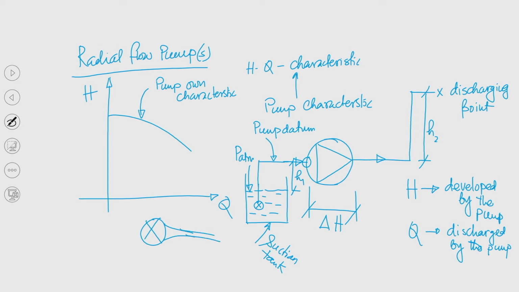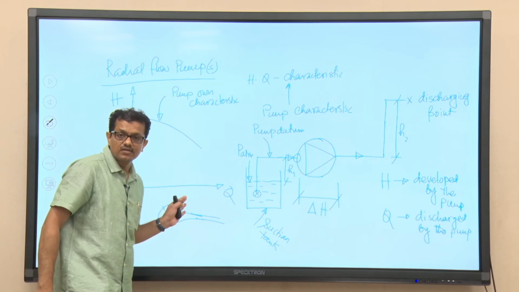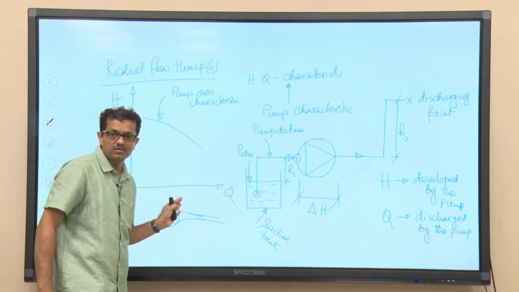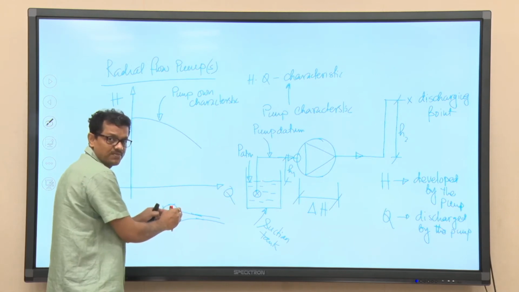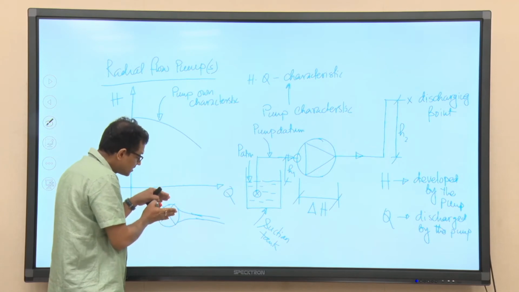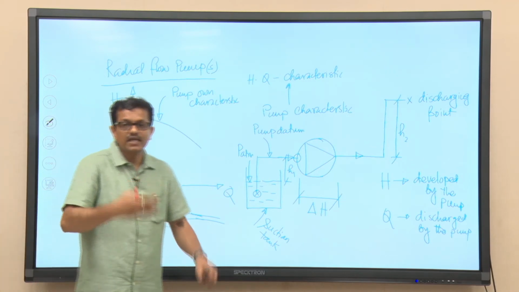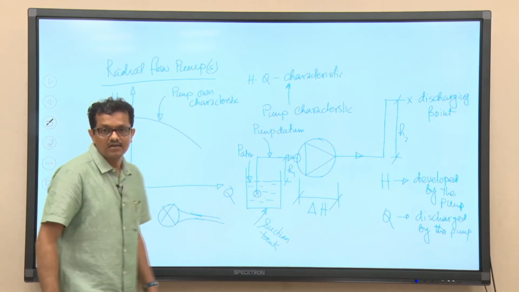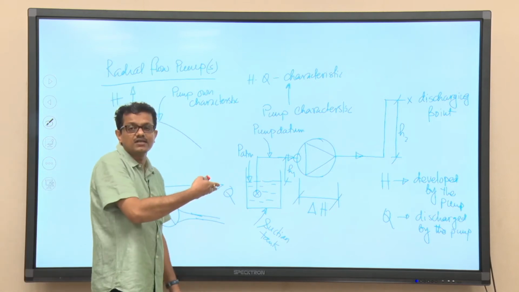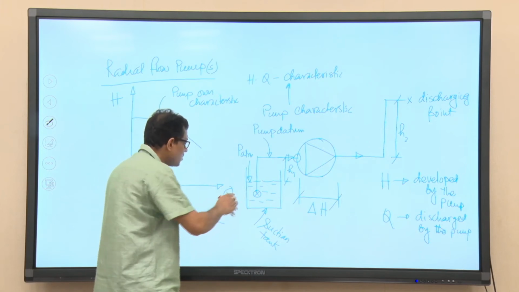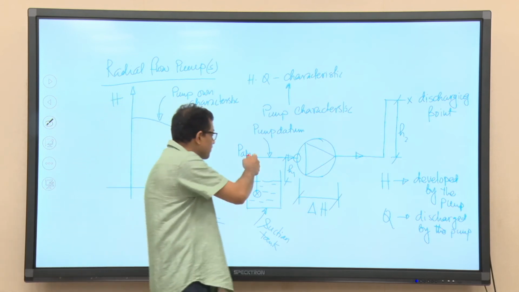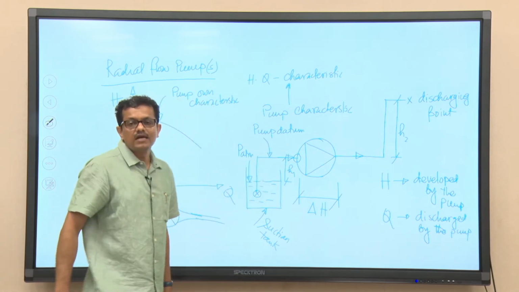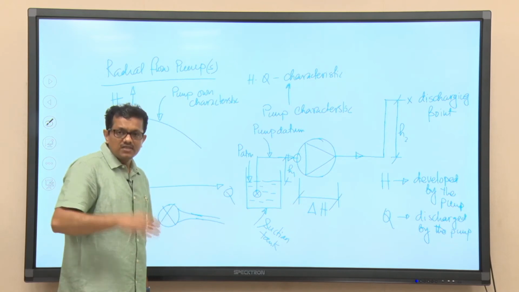So, you can understand as if liquid is passing, there is a sudden contraction. So, there will be a loss. Basically, when liquid is just entering the suction pipeline from the strainer, this flow scenario is mimicking the flow through a sudden contraction. So, due to the sudden contraction effect, there will be a loss. Also, as liquid is passing through the pipeline, friction loss will be there. The presence of a bend will also provide a certain amount of loss to the system, and that will be taken care